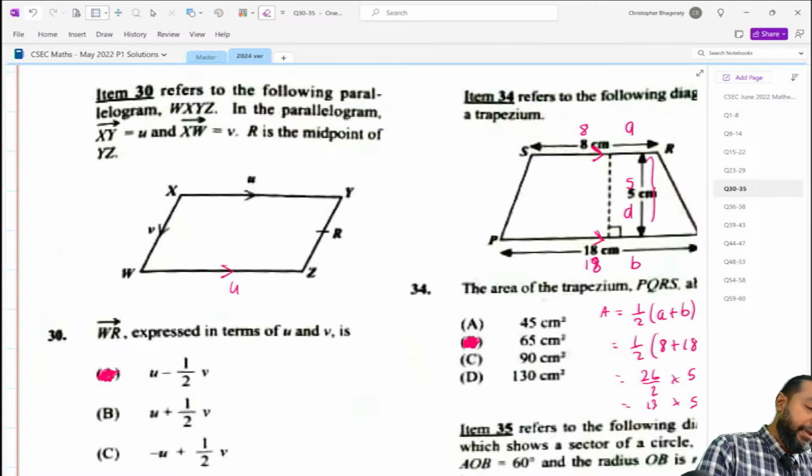And similarly, XW and YZ are also parallel and equal, which means that the vector along YZ is also given by v. All right? So let's work a simpler version of the question first to see if we could get an understanding. Let's say we wanted to go from X to Z, from here to here. Now we do have a line connecting. I just drew one in, but we have to travel along the edges of the shape. So to go from X to Z,